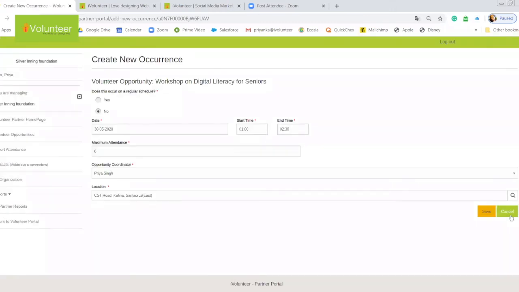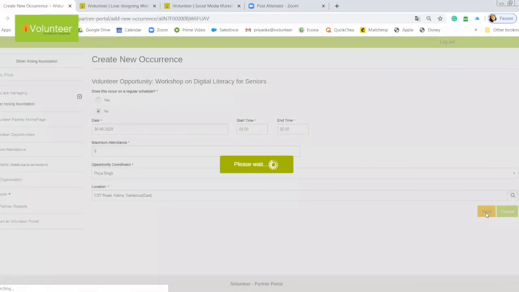Location, I'll select this one and I simply save it, because it's not going to take place on a regular basis. It's just one time. That's why I'm not getting a lot of those other options which I got last time, where I got to select whether it's happening on a weekly, daily, or monthly basis, or which day of the week and all those things. I simply got the option of the date, when exactly it's happening, because it's happening only once, the start date and end date, the location, and I'm saving it.